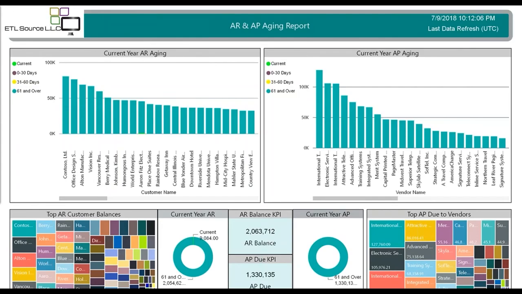The Power BI report pack for Dynamics GP. This is cool. It's a suite of 60-plus pre-built interactive dashboard reports that will give you a 360 view of your Dynamics GP data all in one place with a click of the mouse. Now, you can gain improved visibility of your business data, allowing you to make quicker and better decisions about your